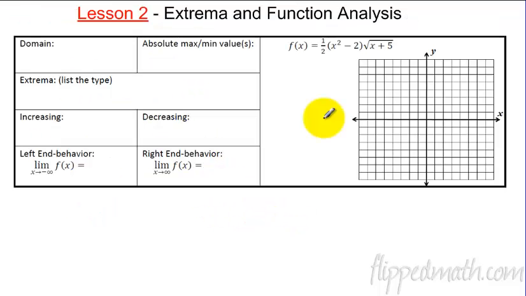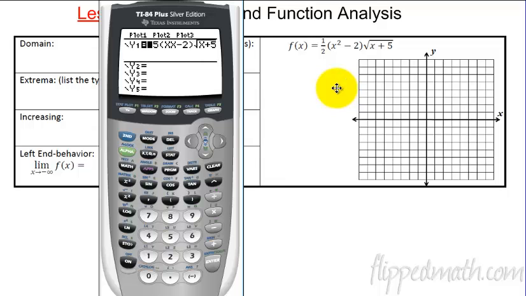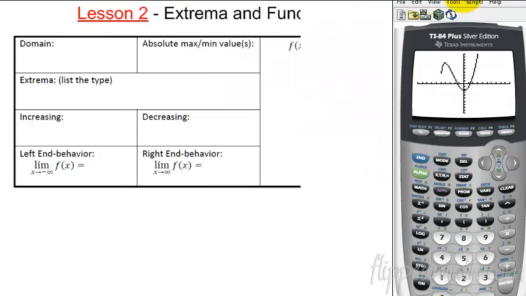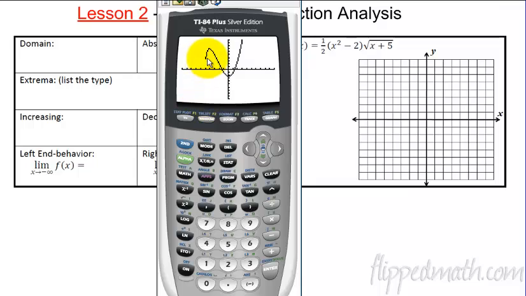All right, lesson 2 now. We will graph this thing. So let me put my calculator and plug that in, see what we get. Okay, I've plugged this thing in, and if we take a look at the graph of it, this is what it looks like. So one of the things that's pretty hard to see is that it looks like the graph just stops right here at this point, but it actually keeps going down